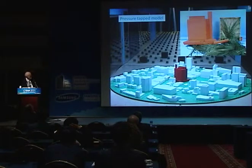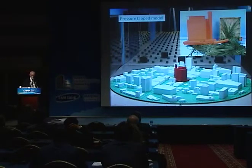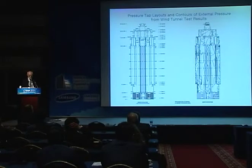Now the model in many cases would involve pressure tapping, and so here is an example of a pressure tapped model, not of a particularly tall building, but there are many hundreds of buildings wind tunnel tested that are not super tall, but they do undergo the pressure test. And these pressure measurements can also be used to obtain structural loads. If we do a pressure test,